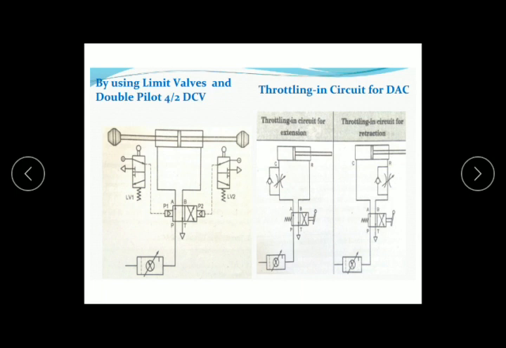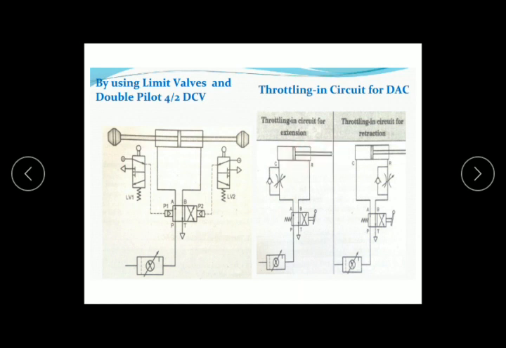You can change the speed of extension by controlling the flow control valve. As the check valve is in the opposite direction, the only way to pass the air is through the flow control valve. By changing the opening of this flow control valve, you can change the speed of extension for